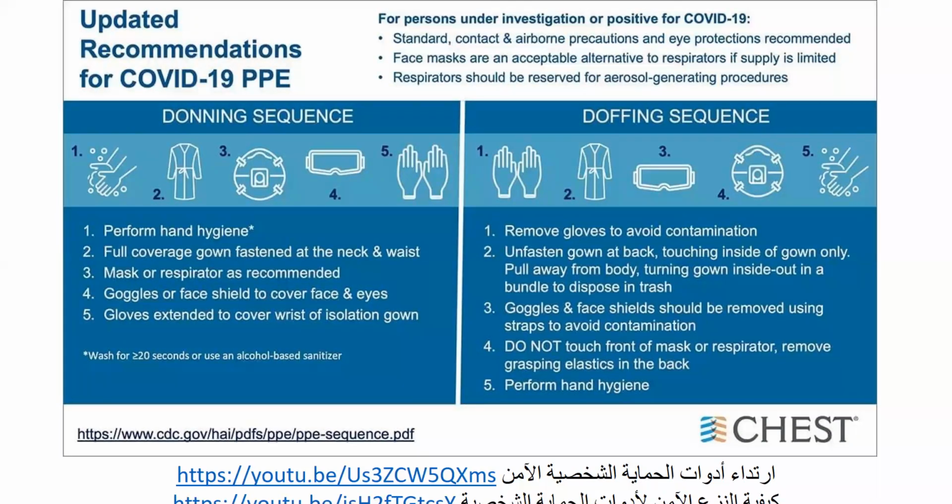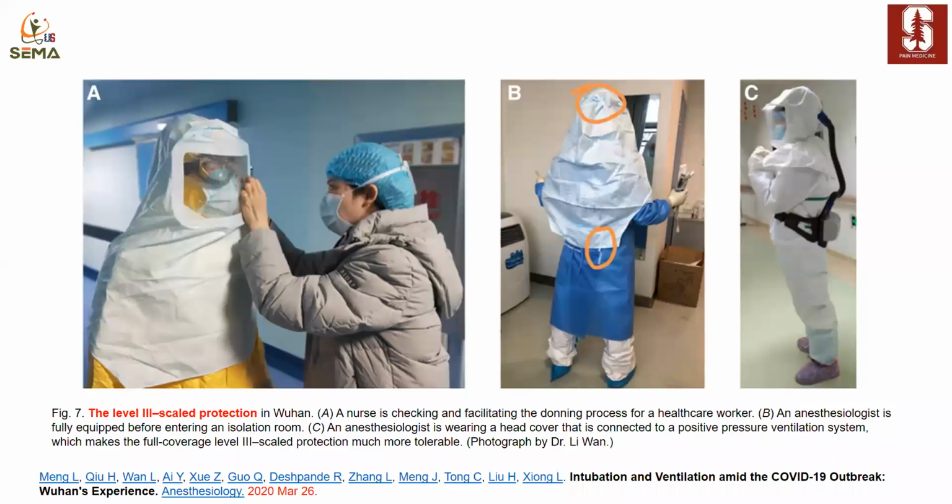Basically, you need to have your gown, your N95, or the FFP3, as they call it in Europe, the goggles, and then the gloves. And you remove them in the opposite order. Before you go to the room, make sure you are fully covered and protected. Protect yourself